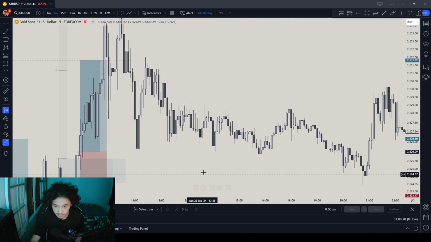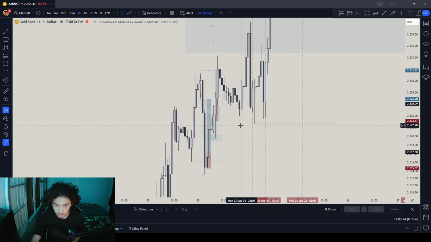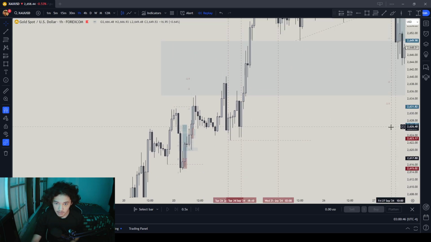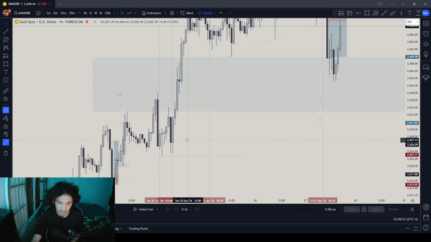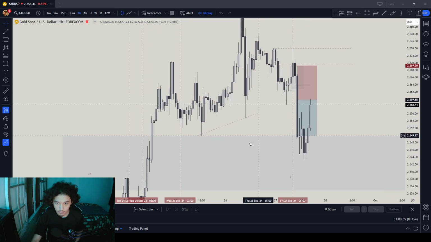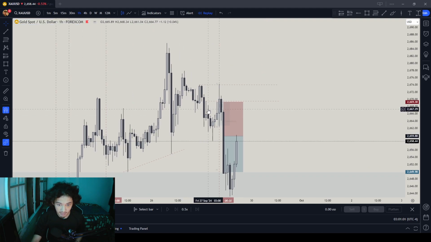But yeah, that's that. Then along the week, no setup because all of these were going against the daily draw on liquidity. I think it was the internal bias. This was going against the internal bias. This one was 2. Now this one wasn't, right? Now I'm looking for a short. Never had a short entry here, next session, I never had a short entry here or over here.